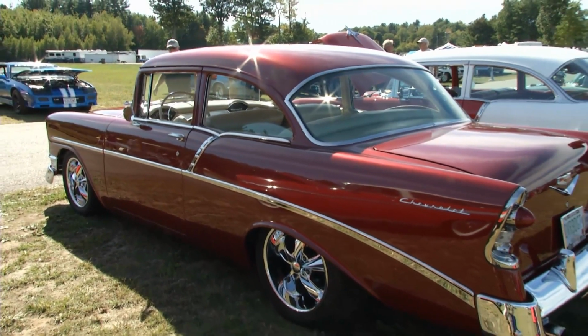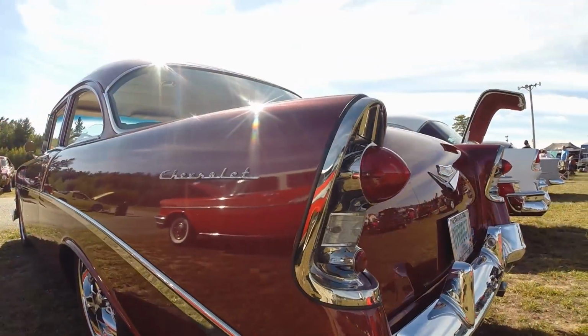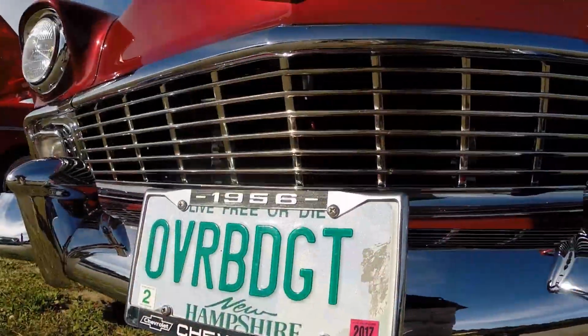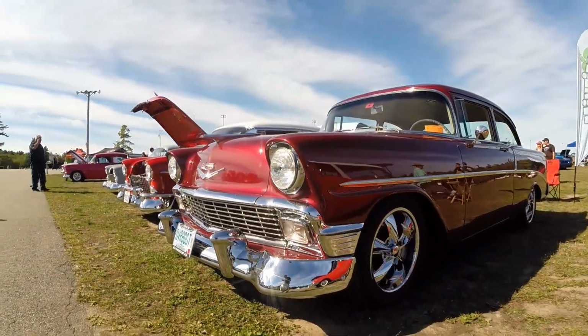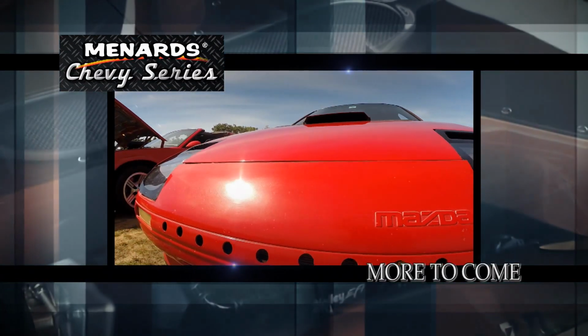Here's an interesting question that often produces an interesting answer. Are you satisfied? Yes. Really? I don't believe it. No, there's a couple more things to do to it. Exactly. There always is a couple. They're never done. But I was glad to get it to the point where I could drive it and enjoy it now. And the smaller projects won't tie it up for years on end. That's an amazing amount of work for everybody involved. Congratulations. Thank you. We like the unusual here at Menards Chevy Series, and when we come back, we'll show you